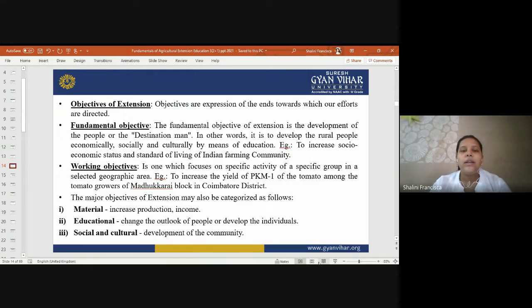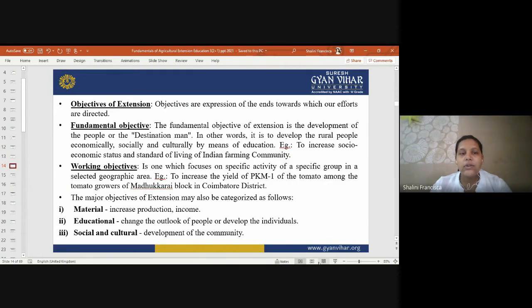Socially, so they can interact with each other, and culturally, which is the most important, because every village in India has its own culture, so we have to respect that. But we have to involve education in that so that they can be educated as well as keep their traditional ways. Okay, then